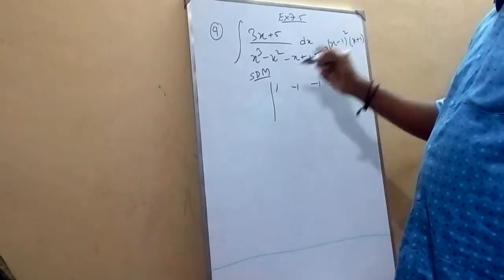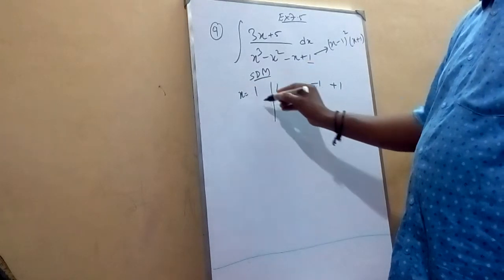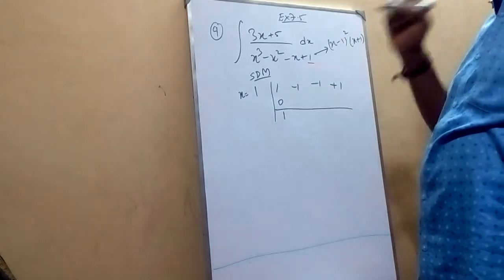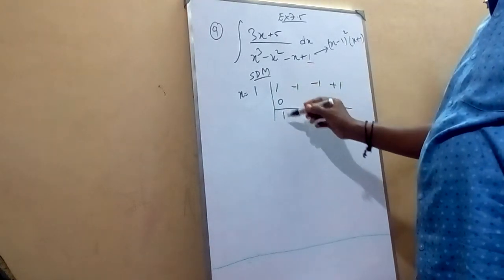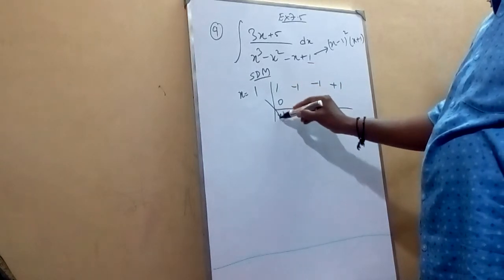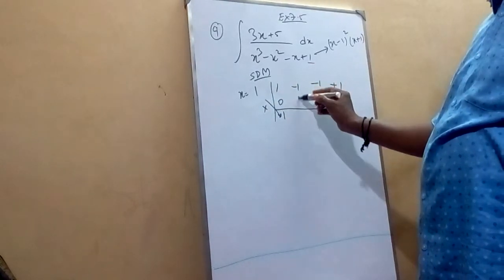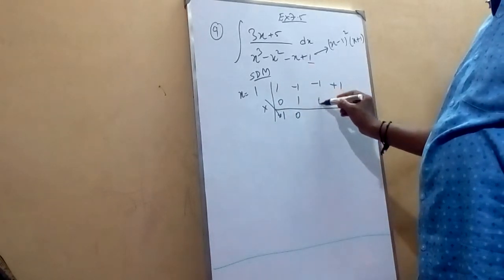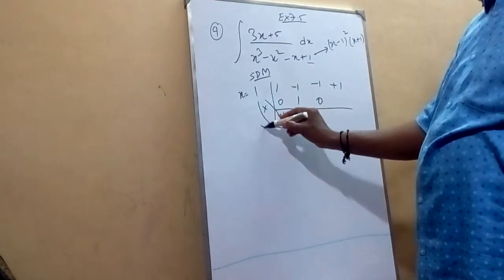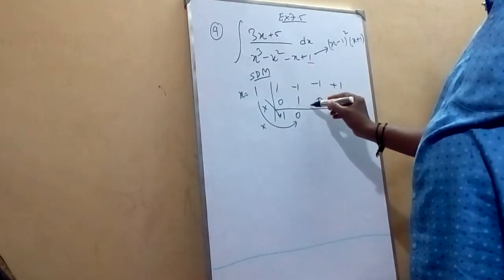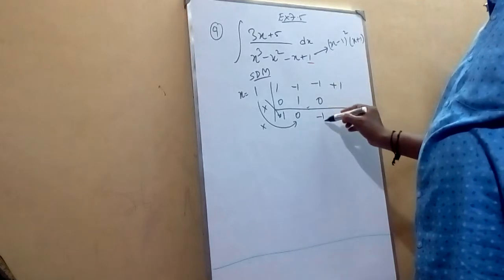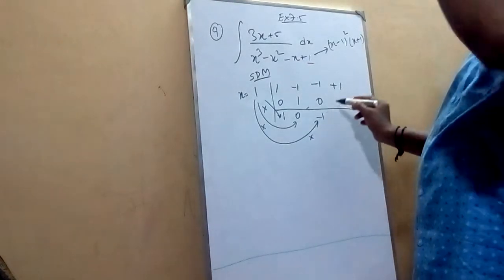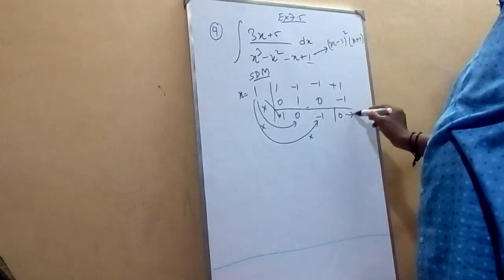Now you know that x is equal to 1. Put x equal to 1. The first term is by default 1. Then 1 plus 0 is 1. Do the multiplication: 1 into 1 is 1, and 1 into 0 is 0. That 0 comes here. Next, minus 1, then 1 into minus 1 is minus 1. So minus 1 plus minus 1, hence the value is 0. Since the remainder is 0,